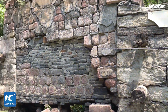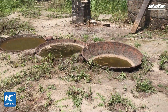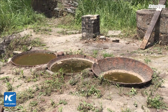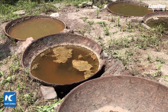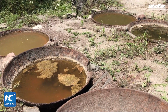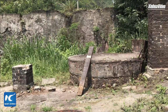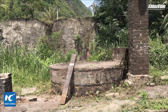In ancient inland China regions, people used to make salt from Saline Spring instead of seawater, because this place is far away from the coastal areas, and so now you are seeing the iron pans people used to boil brine into salt, and this is a historical site,